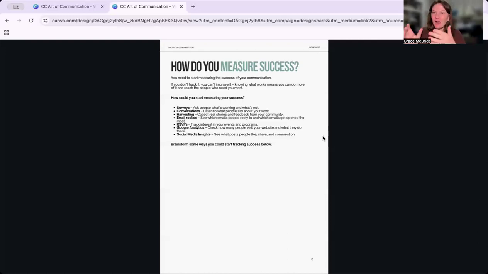And by tracking and measuring what's working and what's not, and starting to look at, okay, why was that email more effective than this email? Why was that poster more effective than this flyer? You're starting to identify where those holes in the bucket are, and you can start to fix them. And sooner rather than later, you'll start to see that your bucket is less leaky and you are losing fewer conversions and you are getting more wins in the bucket. So it's just a visual to think about as you're doing this.